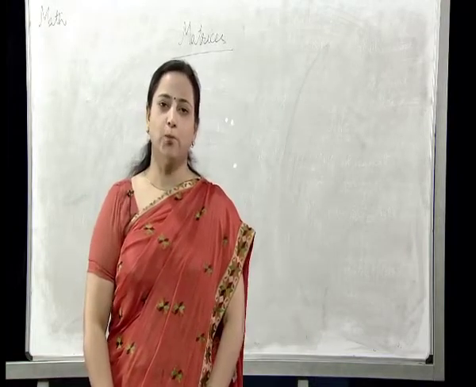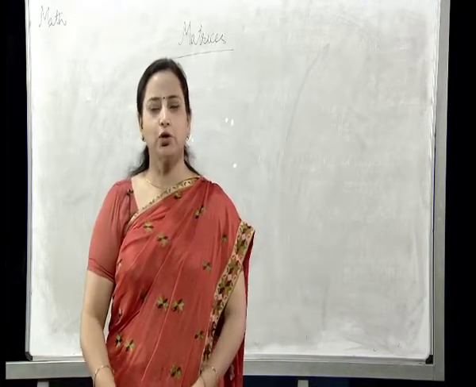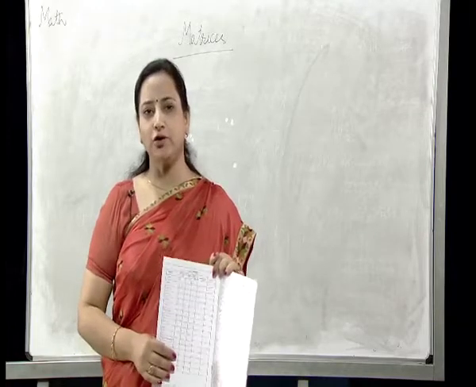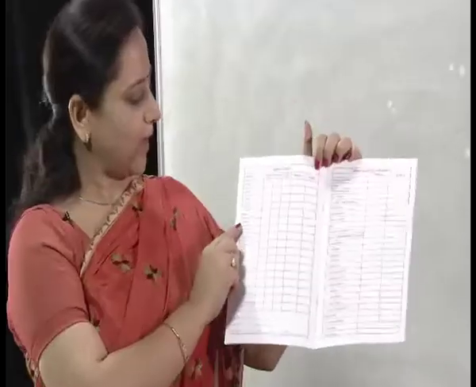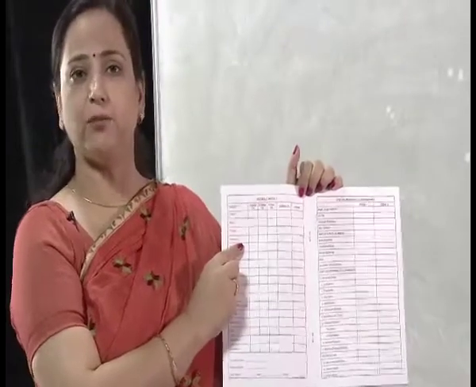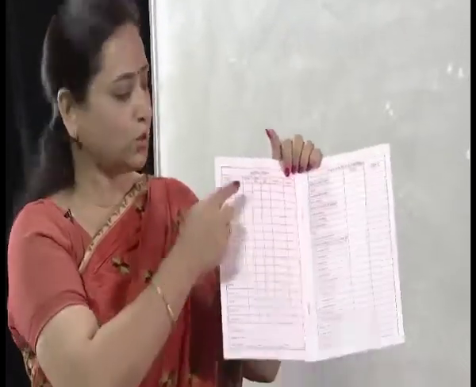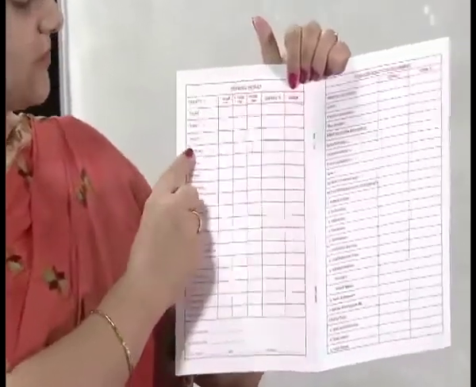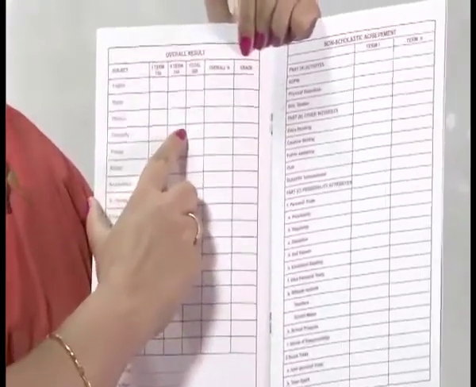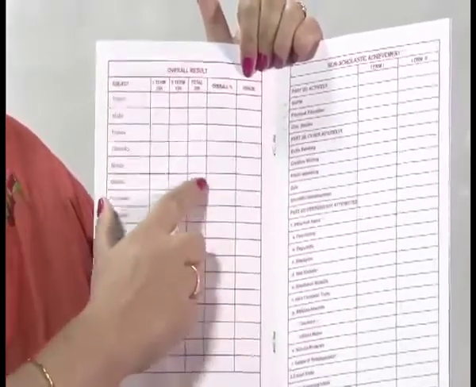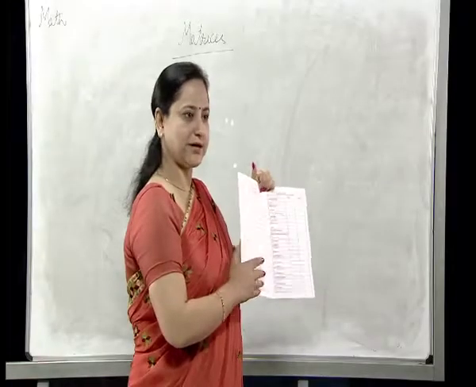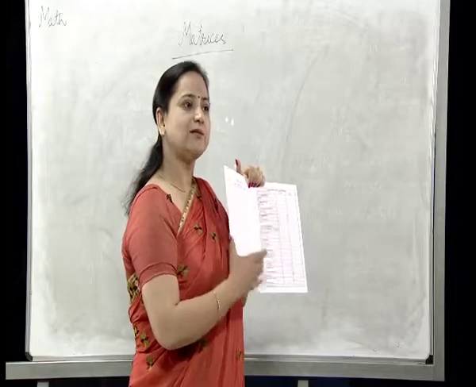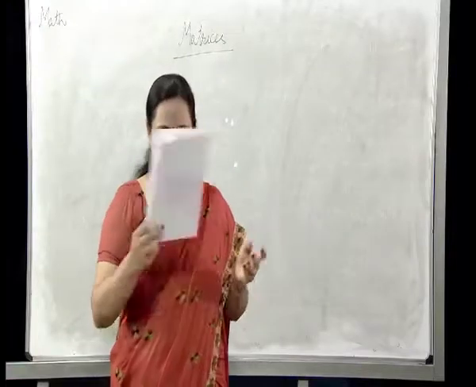You all have been seeing your report cards since your childhood, the report cards which you get at the end of your session. If you want to see the marks scored by you in physics in the second term or in the first term, what will you do? You will see your subject here, the subject physics, and you will go here and see your marks in the first term and the second term. In the same way you can check the marks of any subject. So you can see this arrangement is a matrix. So what is a matrix which we are going to study?